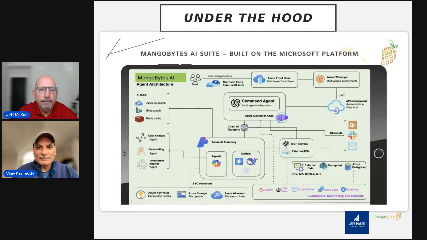This is actually a very busy slide, so I'll do my best to walk through some of the principles in here. This diagram represents the MangoBytes AI architecture. Instead of walking through all the different boxes and arrows, let me walk through how a user request flows through the system. When a user submits a prompt, which is what we see on the top left, identity is enforced through Microsoft Entra ID and JWT tokens. All the traffic flows through Azure Front Door, with authentication and throttling handled by Azure API Management.